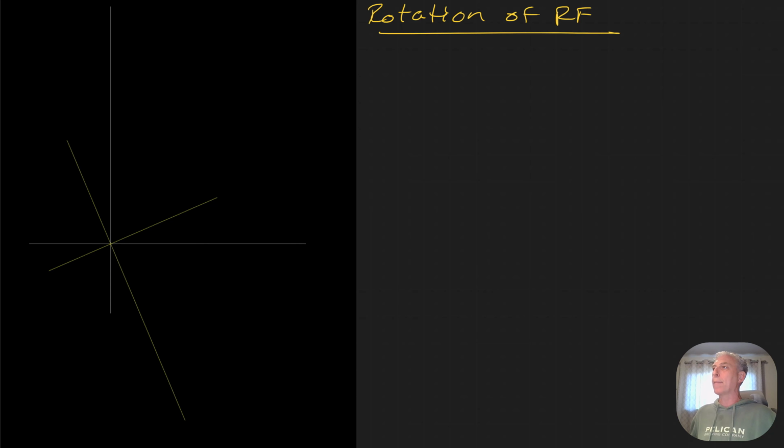Just to recap, the white lines here are our original axes, and the yellow lines are our new set of axes, rotated by theta from the original. When we did that, what we derived were our x prime, which are our coordinates in our new